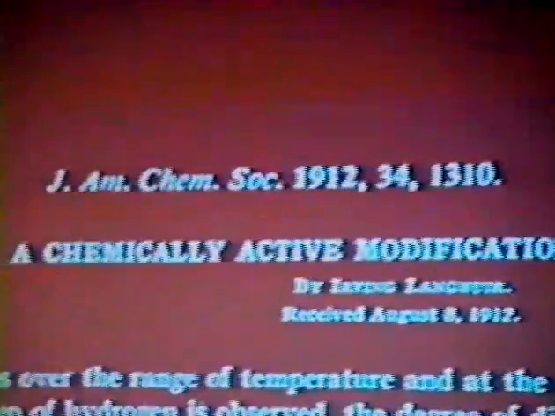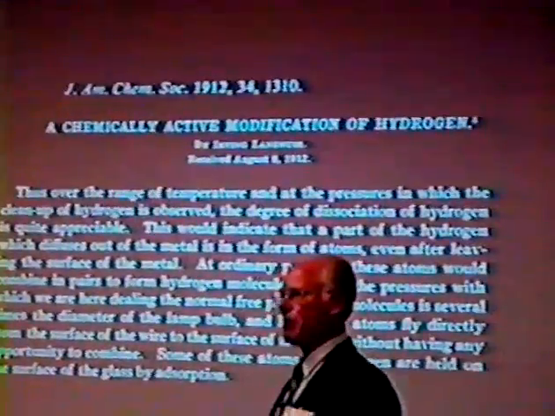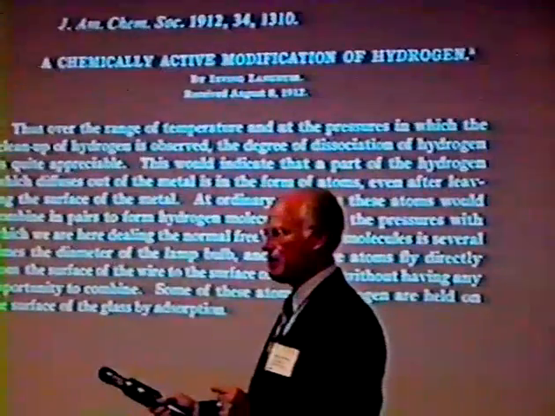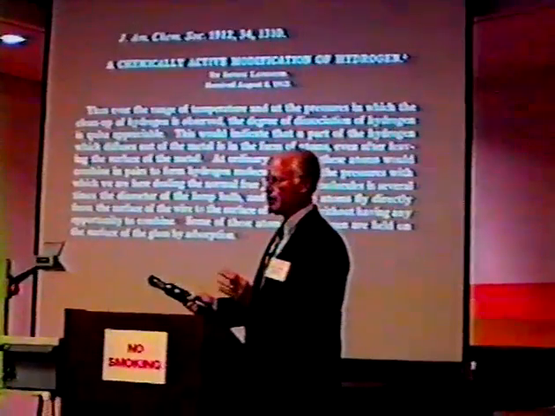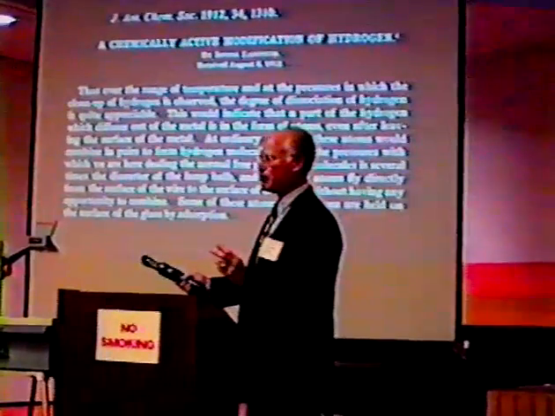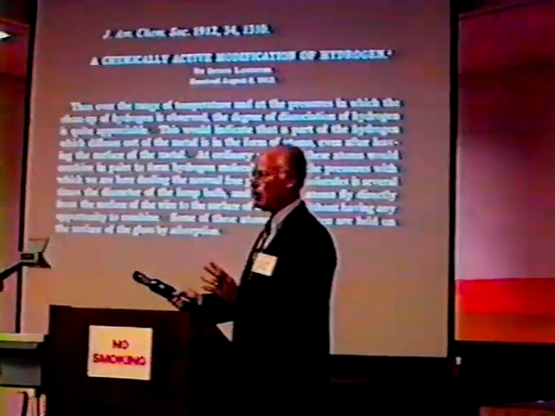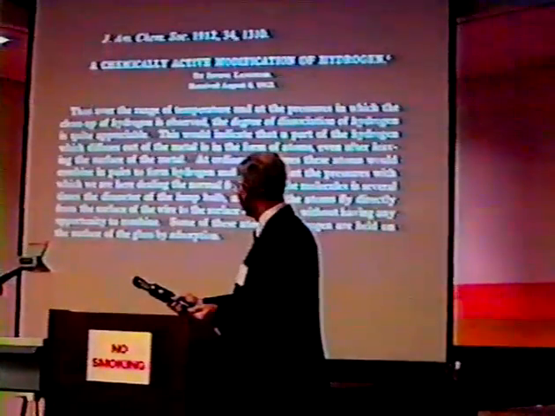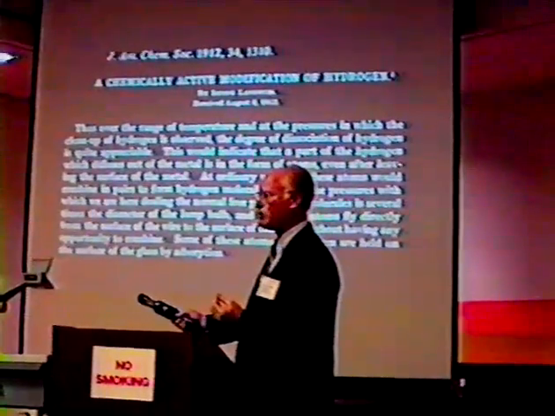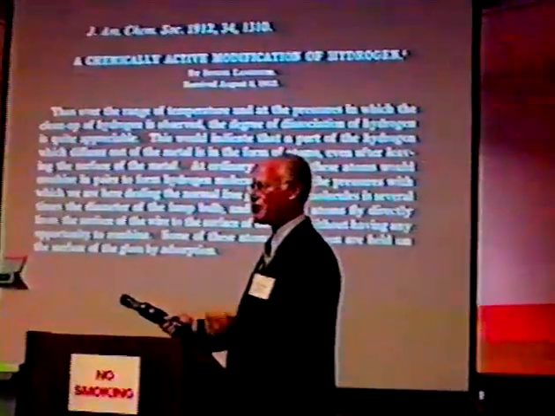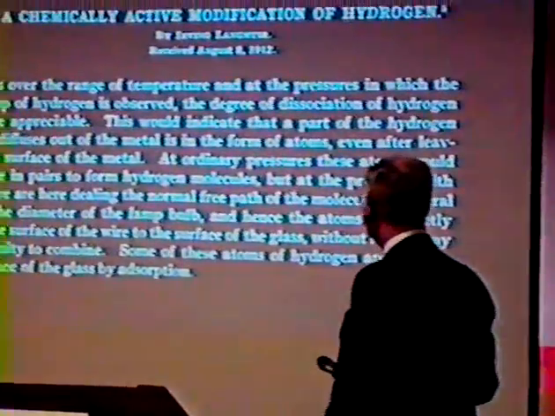This is a rather lengthy quotation, but in the period of about 1911 to 1914, Langmuir was looking at the formation of hydrogen atoms from hydrogen molecules. And these atoms were believed to be formed either in the very high temperature region around the wire in the light bulb, or actually, as indicated in this quotation, they were formed from hydrogen which diffused out of the tungsten wire and then traversed across the light bulb from one side to the other.